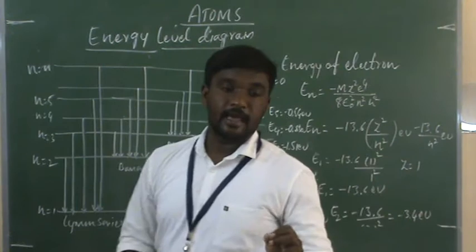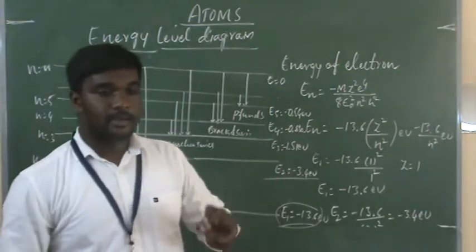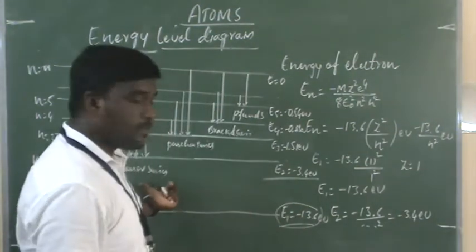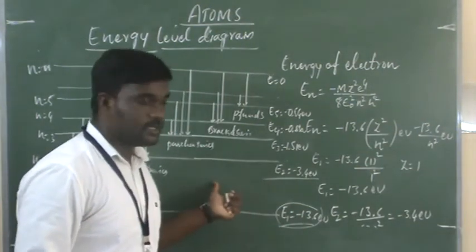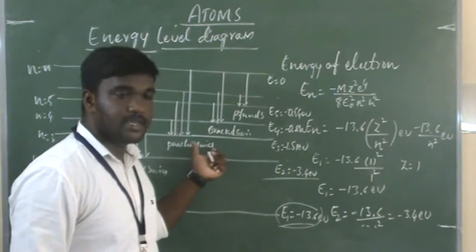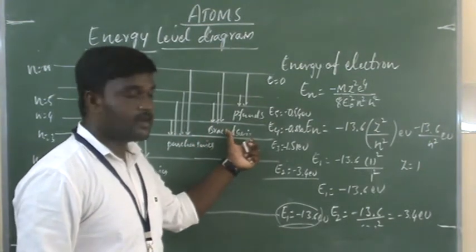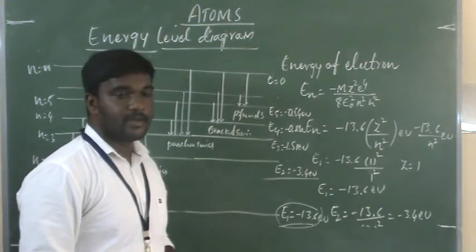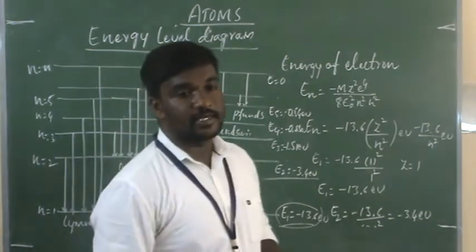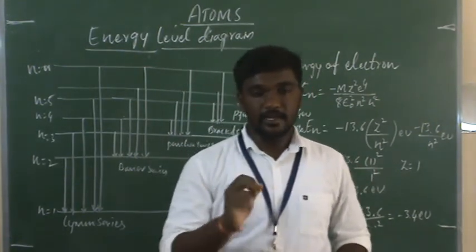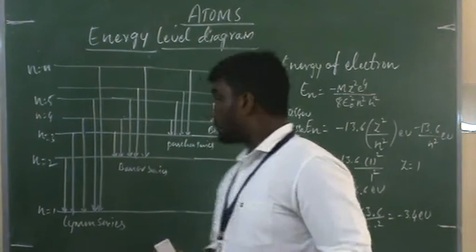In the same way, the Lyman series lies in the ultraviolet region, the Balmer series lies in the visible region, and the Paschen series lies in the infrared. This is also infrared, this is also infrared. In the previous session we discussed some empirical formulas for these series. So what are the empirical formulas that we discussed?